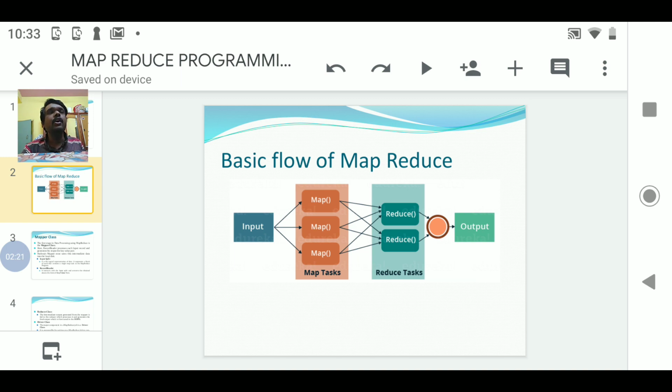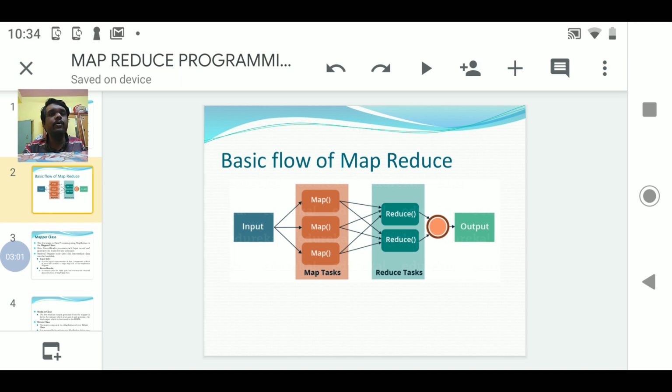The number of record readers depends upon the number of subfiles. Suppose 4 subfiles are generated from the input file, there will be 4 record readers as well as 4 mappers. So one mapper is associated with one record reader, and similarly the other mapper is associated with the other record reader, and so on. A particular mapper generates a key value pair, and another mapper reads a line of the file from its record reader and generates a key value pair. Like that you get key value pairs from multiple mappers.